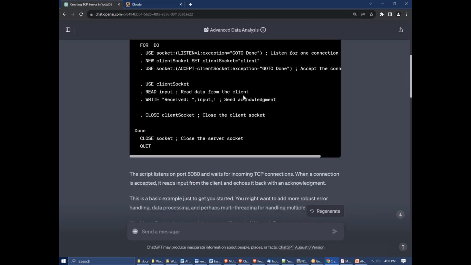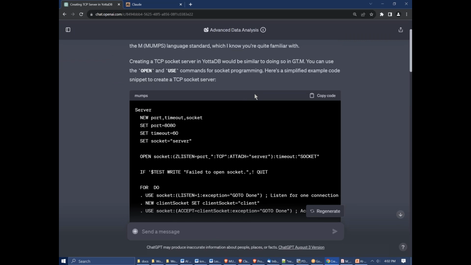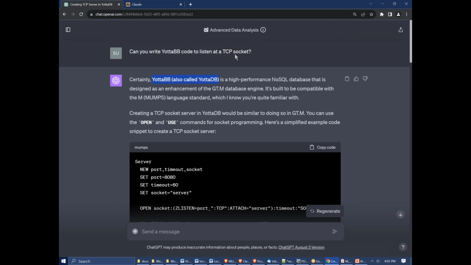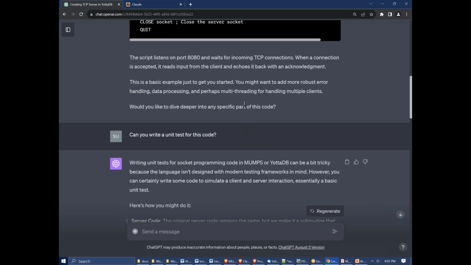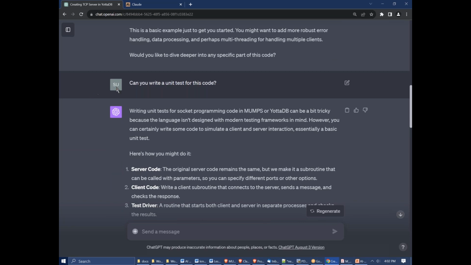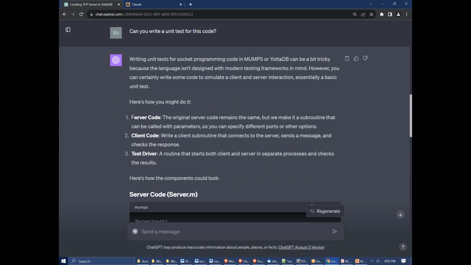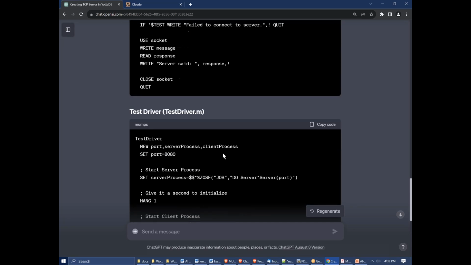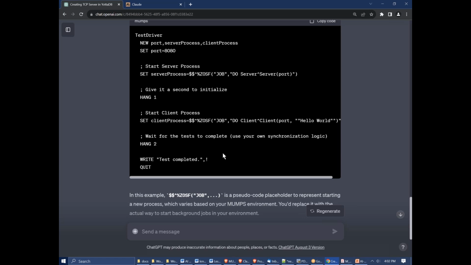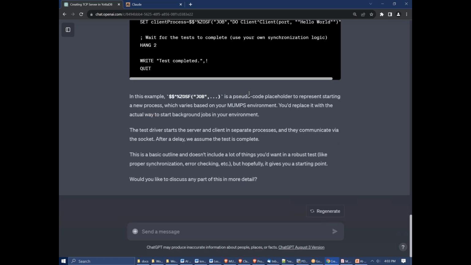Sam, there could be some maybe better prompting. If you saw mistakes in it, you might think about how could I write the prompt a little better such that it might not have made that mistake, right? Those are the sort of things you can do. But then I went back and I said, can you write a unit test for this code? And it said, sure, it's a little hard, and so I wrote server-side code, client-side code, and a test driver. So it sat down and wrote this MUMPS code,